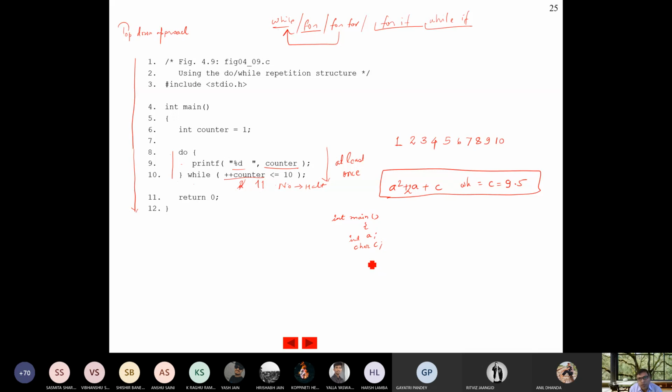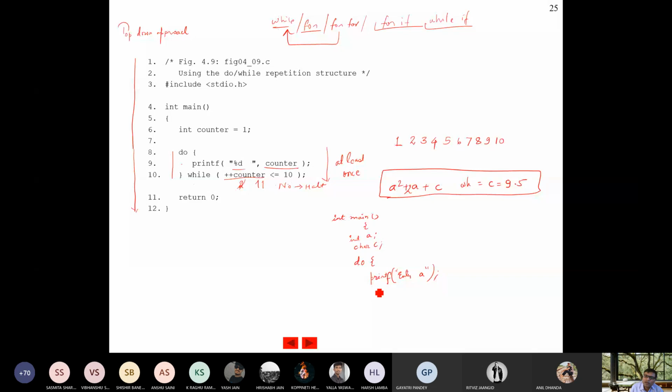Now the user will start doing the task. So it will printf the equation, printf enter a.